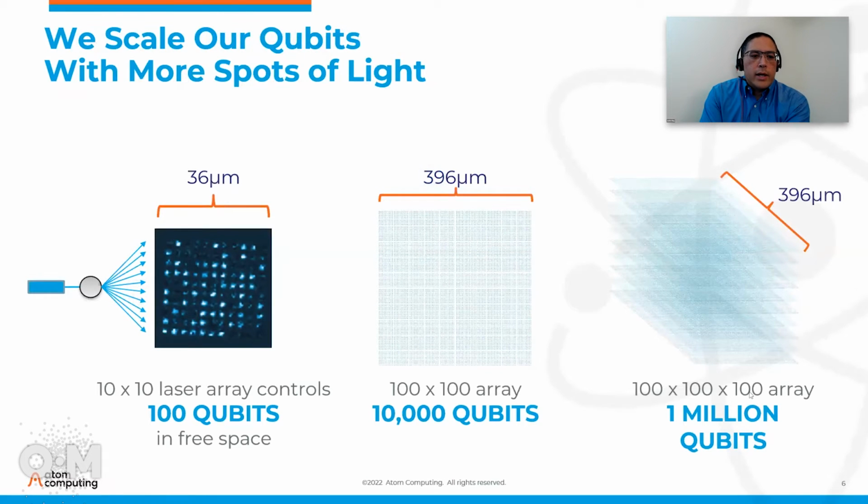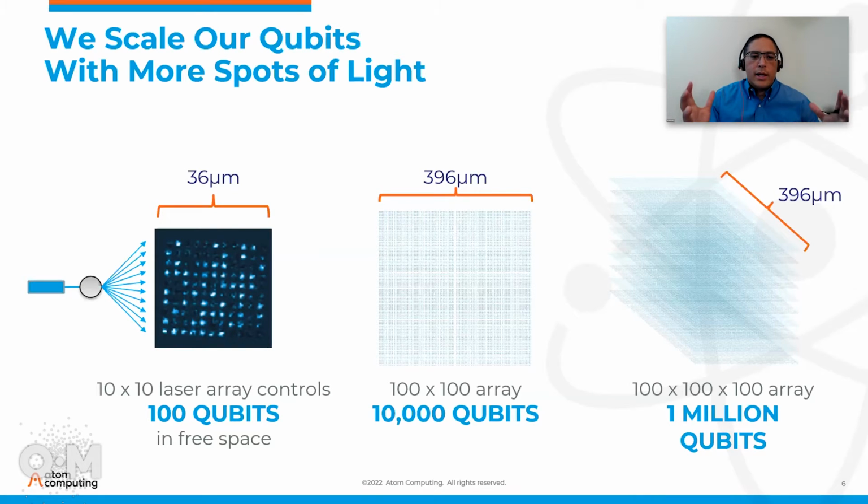So how do we scale? We create more traps for our laser. So we have more lasers that we put into a 2D grid now. And so our prototype system that's 100 qubits is a 10 by 10 array. Over time, we'll move to a larger two-dimensional array, and then move to 3D after that. And if you imagine a 100 by 100 by 100 array, that's 1 million qubits. And our atoms are spaced at 4 microns apart. So what that results in is 1 million qubits in less than 1/10 of a cubic millimeter of space. And this is all within one system.